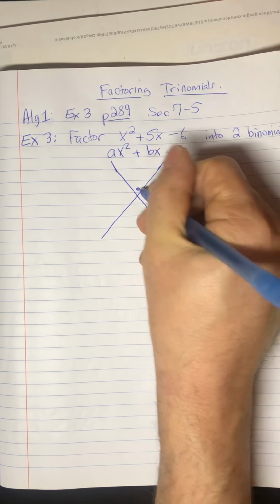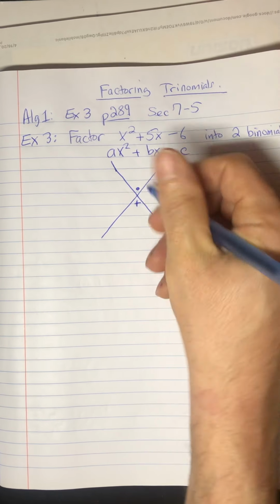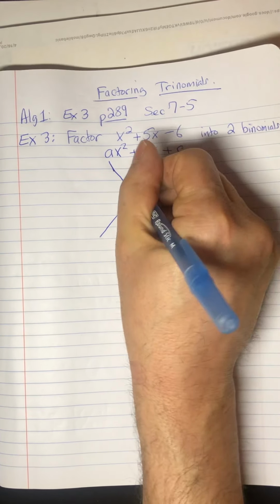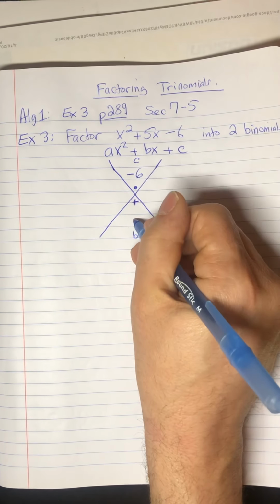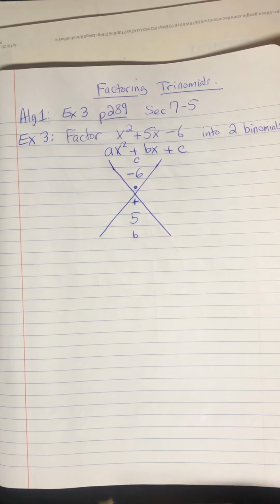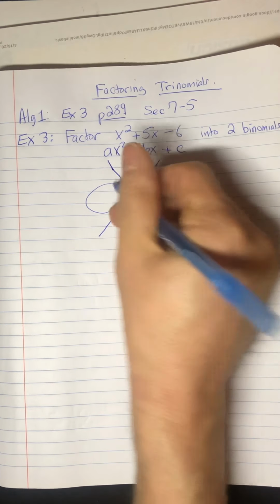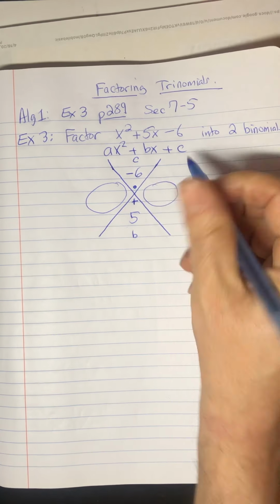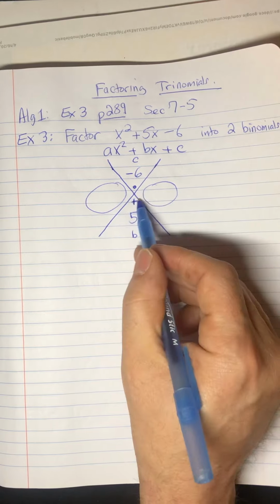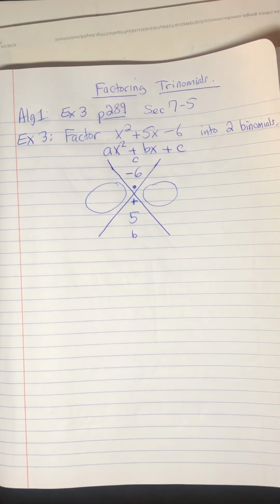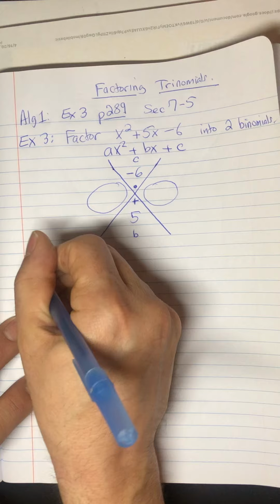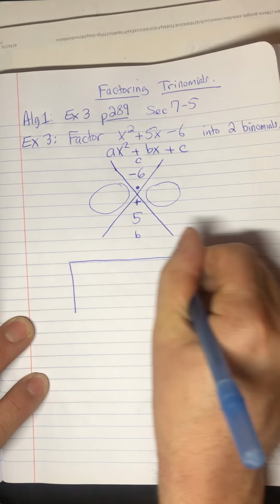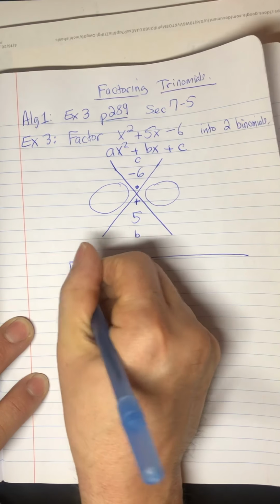So times goes on top, addition sign goes on the bottom, the C term goes up here, the B term goes on the bottom. The C term is -6, that goes up here, the B term is 5. So we're going to do the same thing. What we want to do is find the factor pairs, the two numbers you multiply together to get -6, and then at the same time, when you add the same two numbers, you're going to get +5. So again, this is step 1. Step 2, remember step 2, we did a little table that you don't really have to make, but if it helps, go ahead and do it. We're going to find the factors